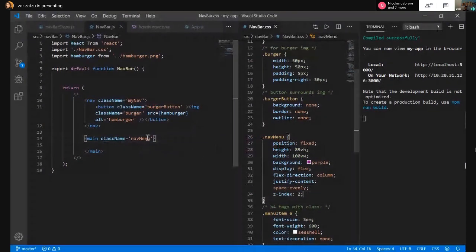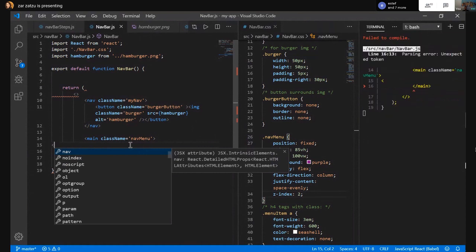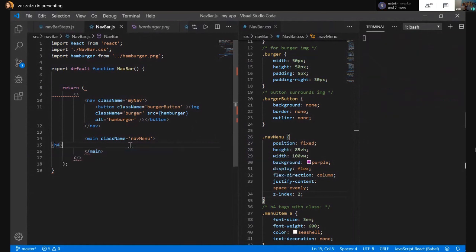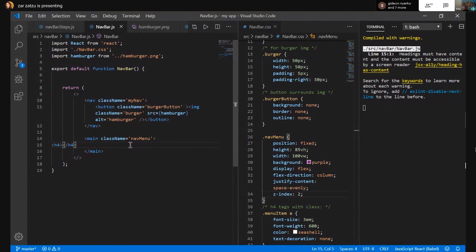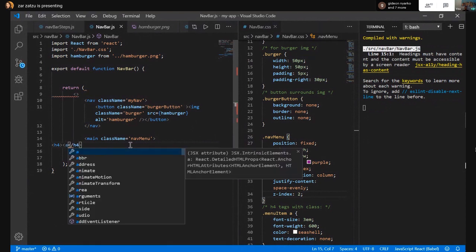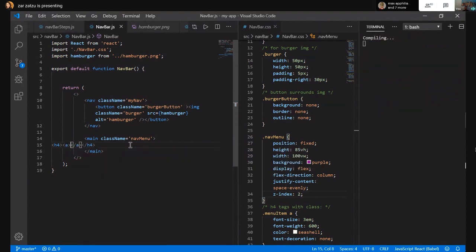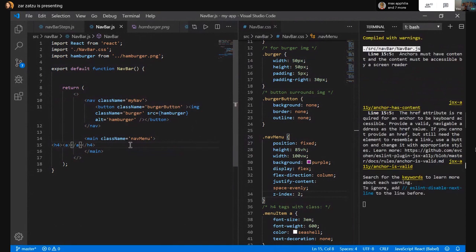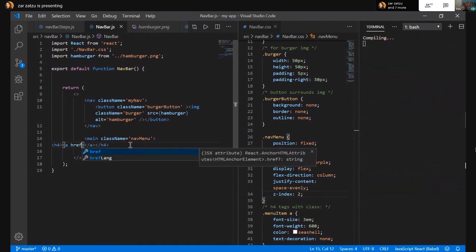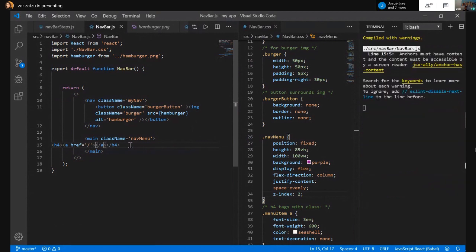So let's add some content to our navbar. I thought I would just do these in H4 tags because they'll just sort of look nice. And inside each H4 tag, I'm going to put an anchor tag because each of our menu items are ultimately going to be a link to a different page of the website. So inside an anchor tag, we have an href, which is just going to be where it's going to link to. And for the time being, I'm just going to put a /,